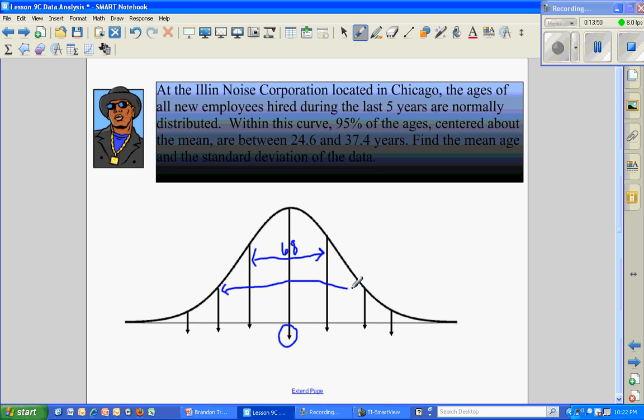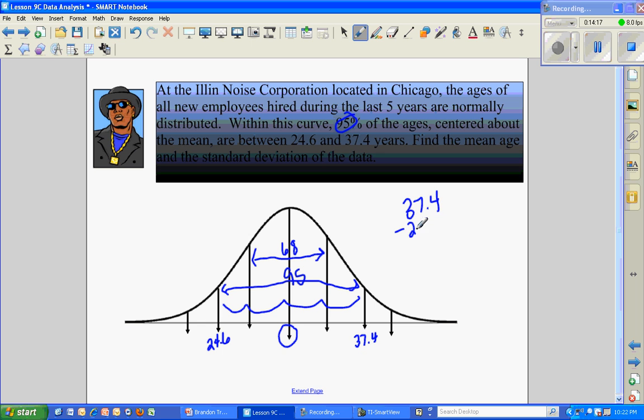We know two standard deviations is 95%, which coincidentally is the number they asked us to look for. So we know this guy is going to be 24.6, and this guy is going to be 37.4. And that's going to cover 1, 2, 3, 4 standard deviations. So